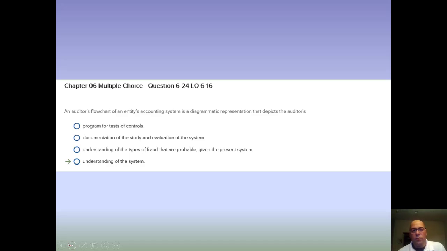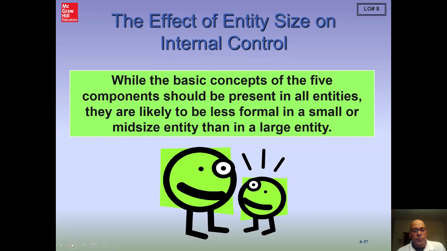Okay. Kind of common sense here and kind of a cute slide, I guess, in that the level of controls vary by the size, right? Larger company, we would expect more sophisticated controls, more enhanced segregation of duties. Smaller entity, not so much. I audited a small child care center one time, House of Representatives child care center, and the nurse was the bookkeeper, which led to other issues, but we didn't expect as much segregation of duty. It was basically a two-person shop. You had the director and you had the nurse/accountant. So, the more sophisticated the entity, the more sophisticated controls. The smaller the entity, not so much.